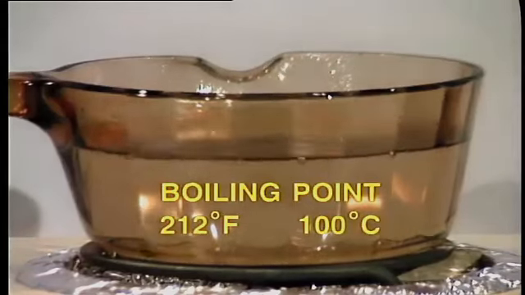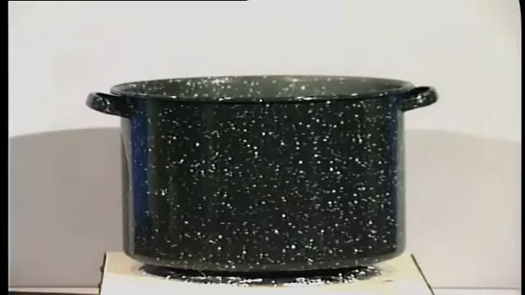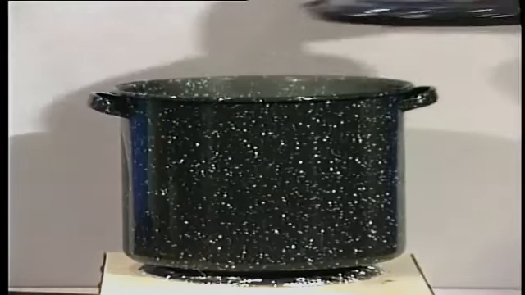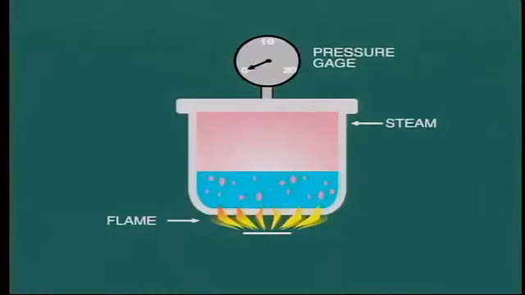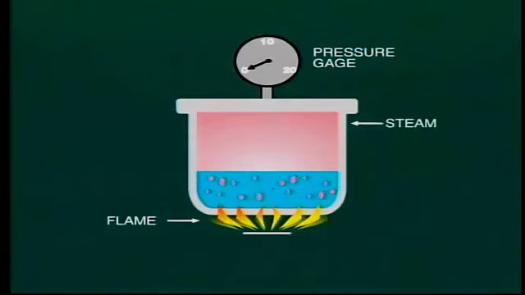If we wish to make steam for utilization, we will need to raise the pressure of the steam so that it flows from the source of production to where it is utilized. In the case of the open pan, pressure can be raised simply by placing a lid on the top of the pan. Now, as the steam is formed above the surface of the water, it cannot escape to atmosphere and